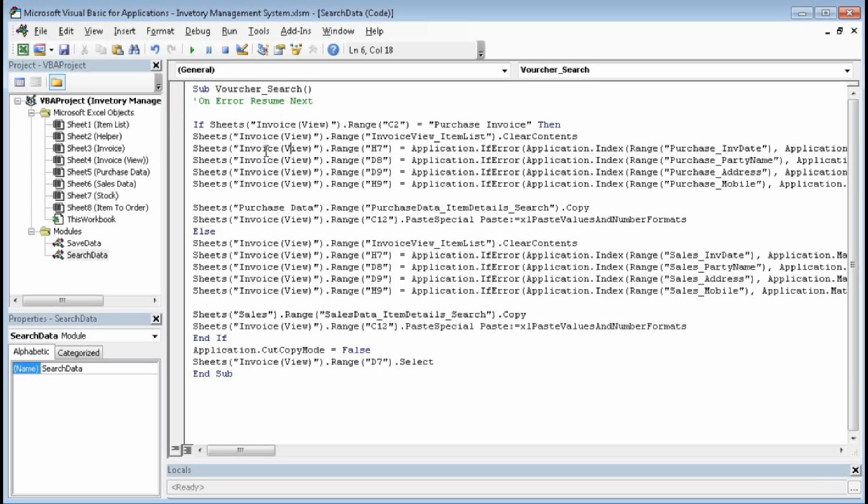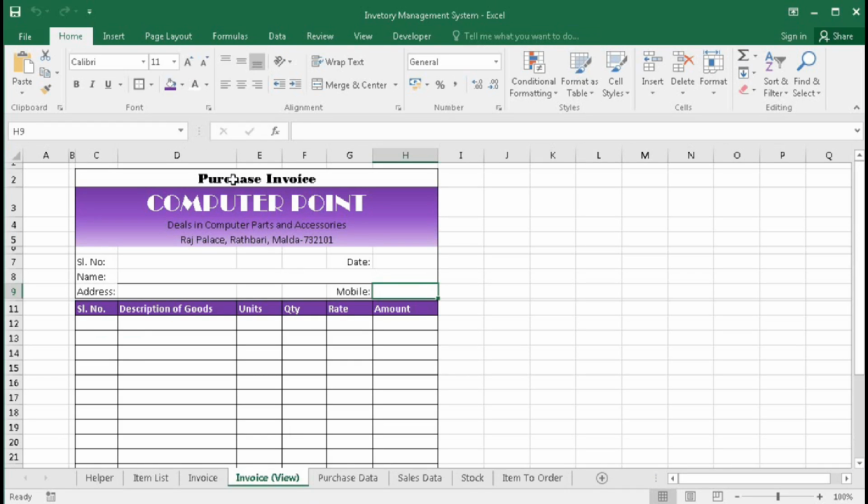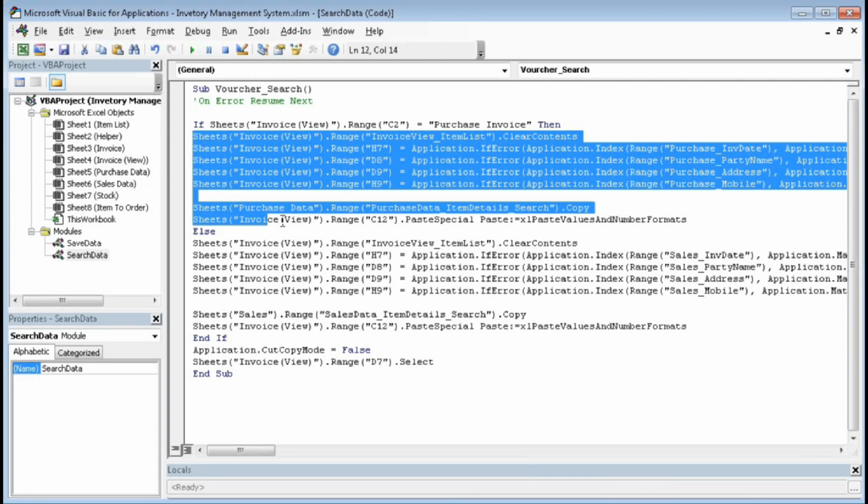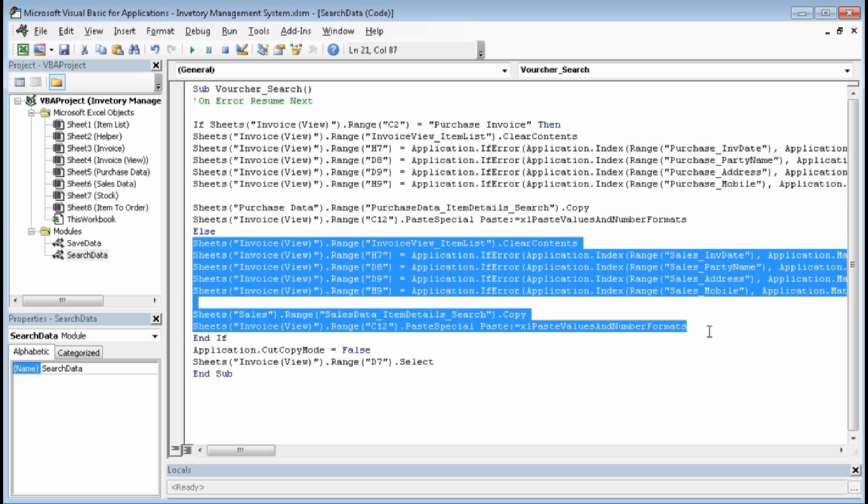And after that, if sheets invoice view range is C2 equal to purchase invoice, that means if this is a purchase invoice, then this code will run, else this code will run.